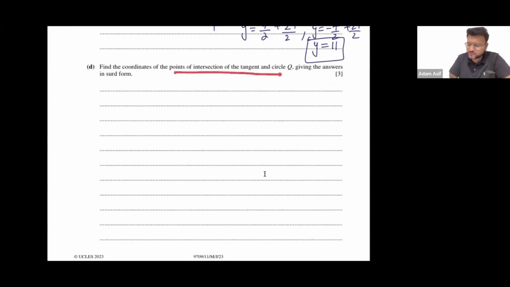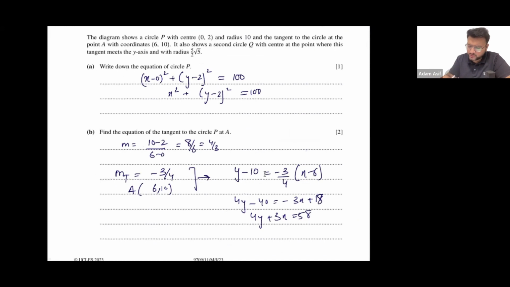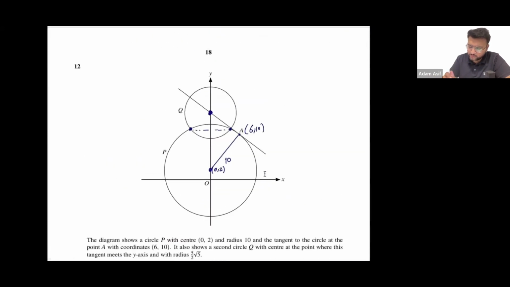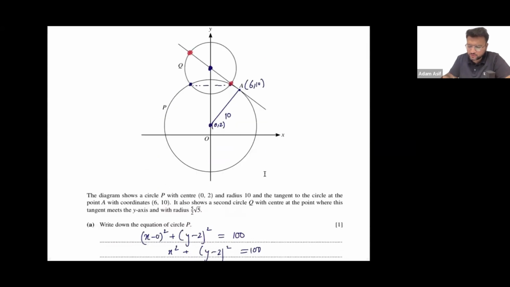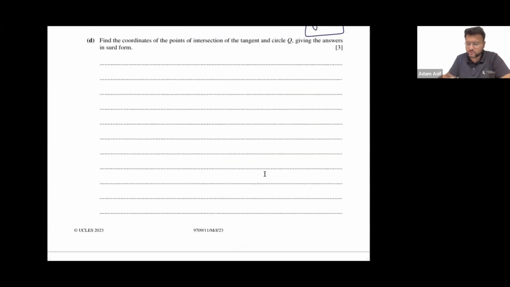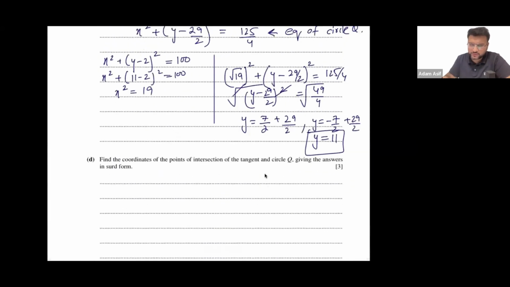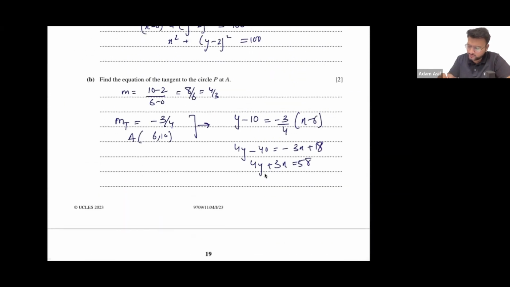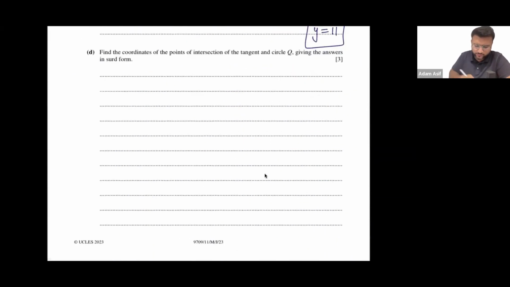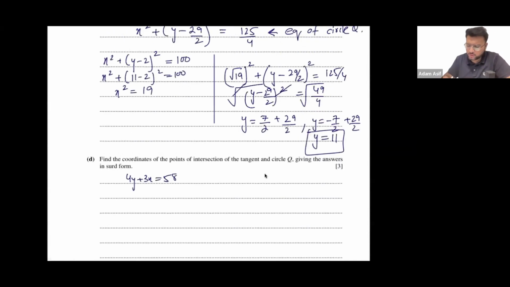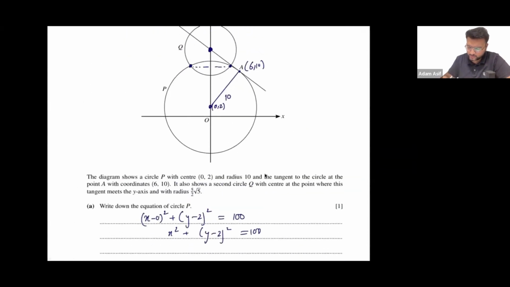And the last part, find the coordinates of the point of intersection of the tangent and circle Q, giving the answer in the surd form। तो tangent and circle Q की intersection point, तो अब इन दोनों इक्वेशंस को साइमल्टेनियसली सॉल्व करना होगा, ठीक है। तो आपके पास इक्वेशन ऑफ टेंजेंट क्या है? इक्वेशन ऑफ टेंजेंट है 4y प्लस 3x इक्वल्स टू 58।